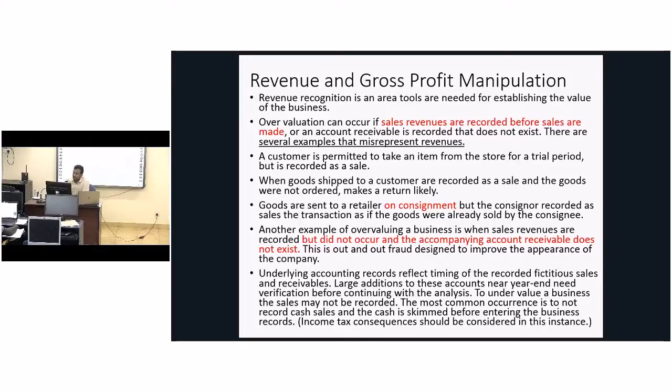How people can, this is kind of general understanding, right? How people can overstate or understate, or we call it manipulate, revenue and gross profit, that area. How can you manipulate it? There are some different methods. I have selected only a few, right? So just for your understanding,